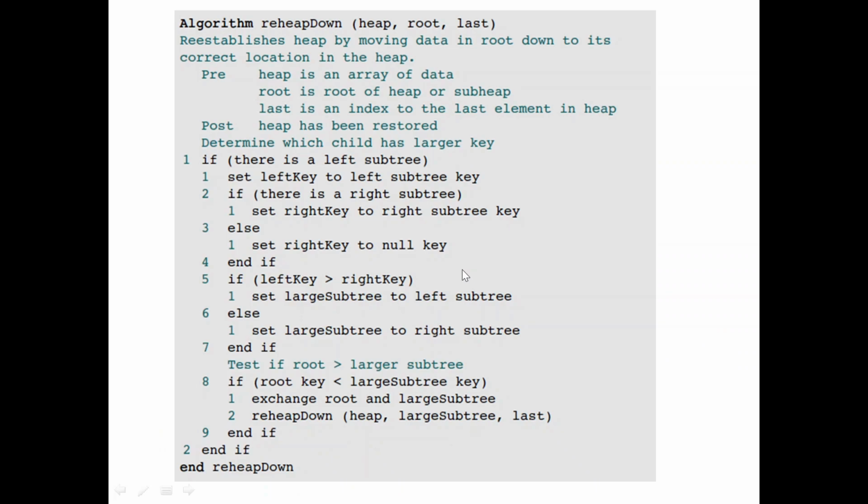And here is the algorithm which simply implements what we have just discussed. So first you have to identify the larger child, whether left or right, whichever is larger. You first find that out, and that happens through this comparison.